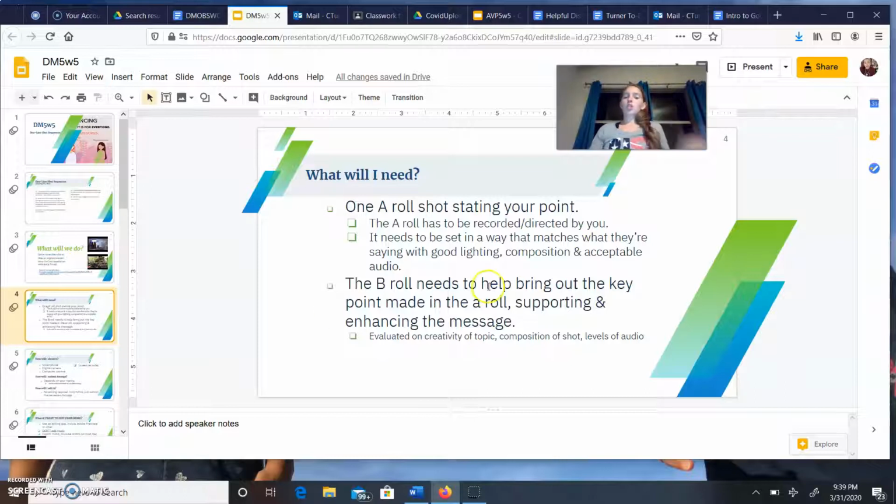So just remember, for your shot sequence, you need 1 A-roll shot where you state your point. So I give you 3 prompts. Worst case scenario, on the bright side, or what I've learned since COVID is, and then a B-roll supporting shot, which shows you learning it, or you actually acting out that worst case scenario, showing why that worst case scenario matters, or you showing the bright side.